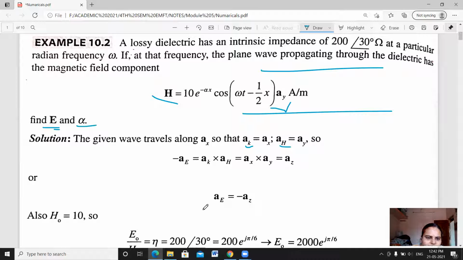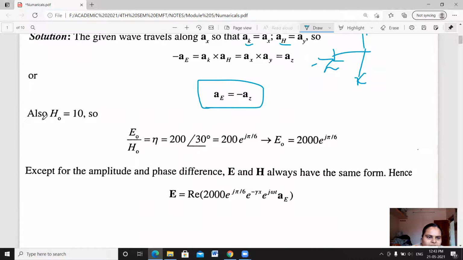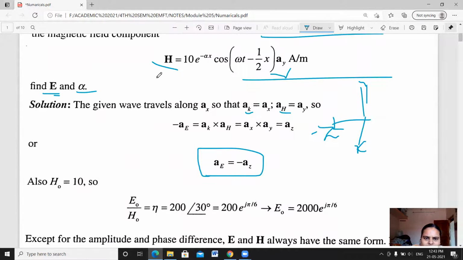Z gives the information that our electric field intensity is along the Z direction, and the opposite of that means it is the minus Z direction. This is our Y, this will be our X. Therefore, based on the equation which is given,